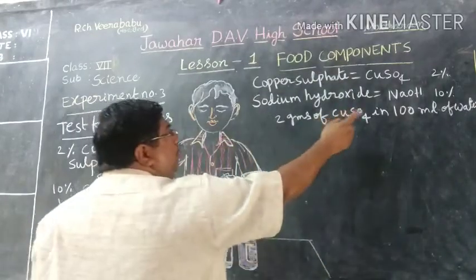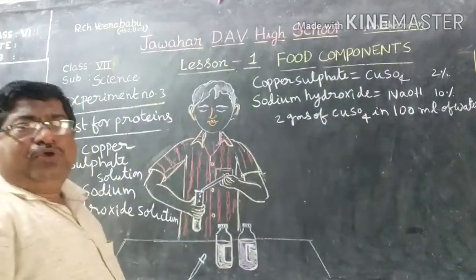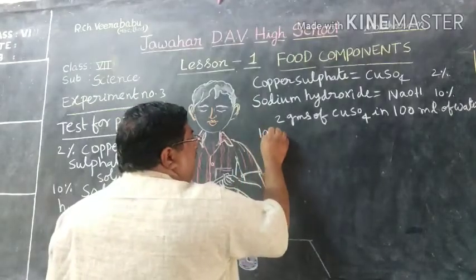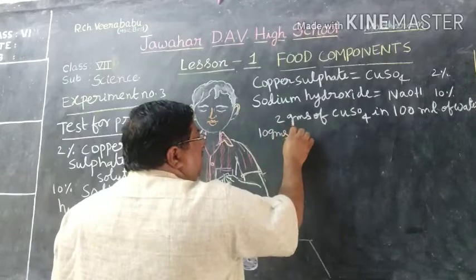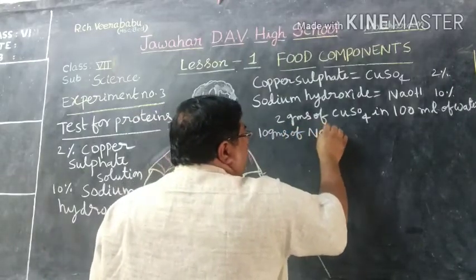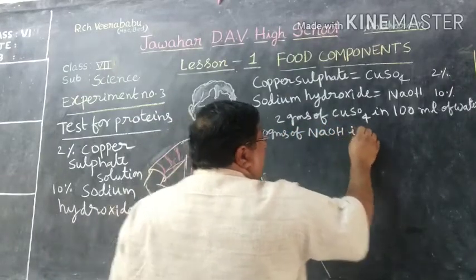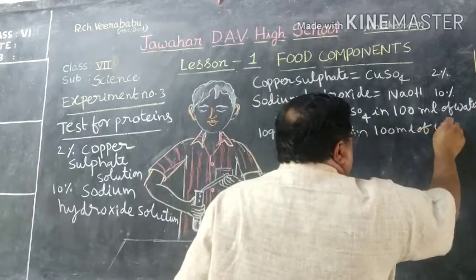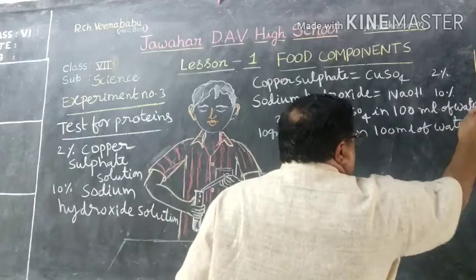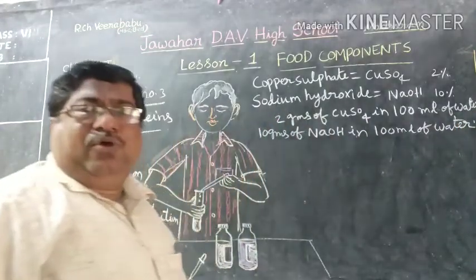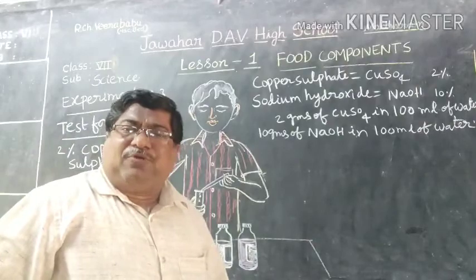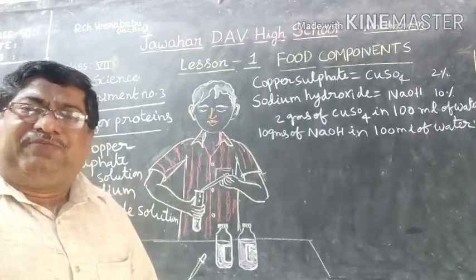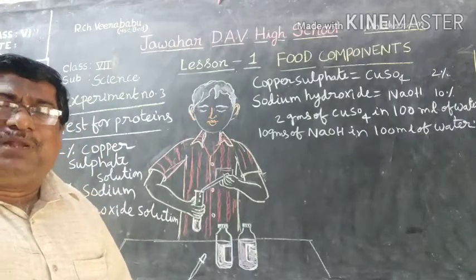Similarly, in order to prepare 10% of sodium hydroxide solution, we have to add 10 grams of NaOH in 100 ml of water. So like that, first of all we have to prepare 2% of copper sulfate solution and 10%